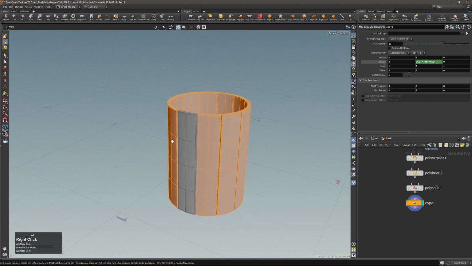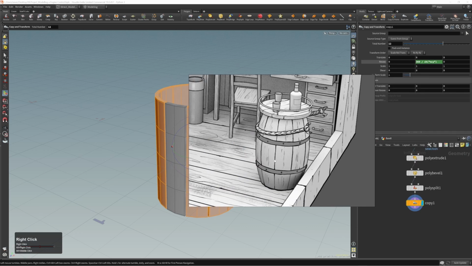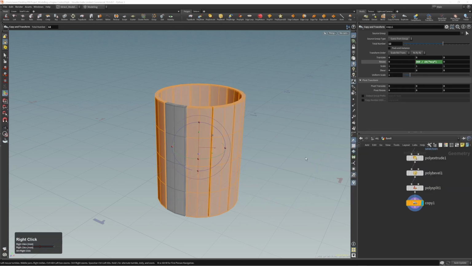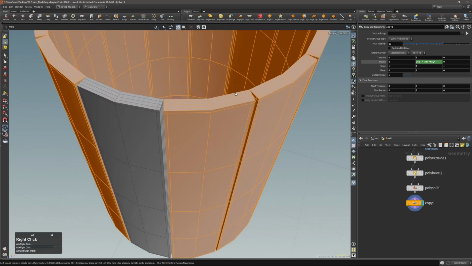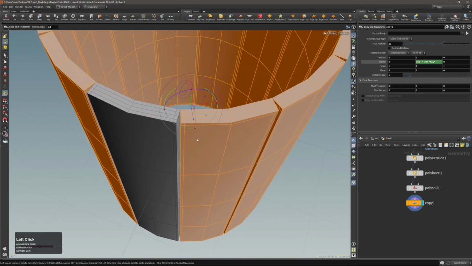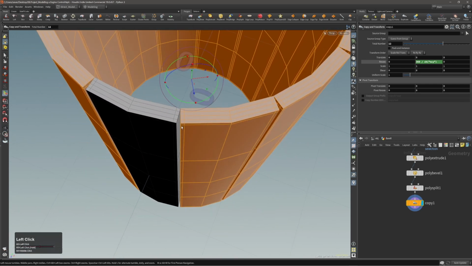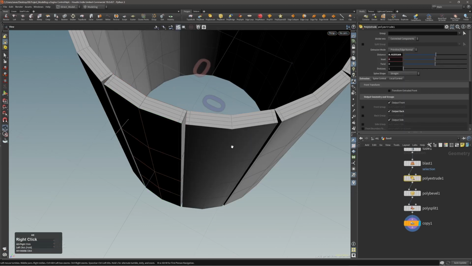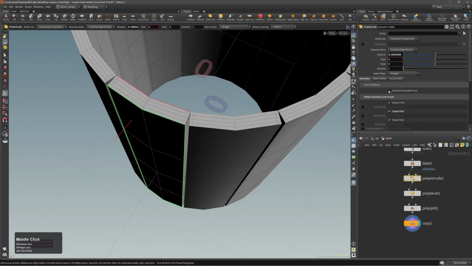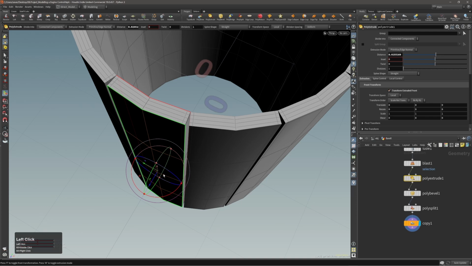So now we have this nice barrel shape which we can then work upon. So here is another problem. We have this problem here, which obviously there is a gap that shouldn't be. So what we can do, we can go back to our poly extrude, activate transform extrude front, and then in